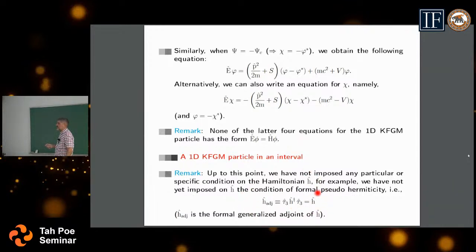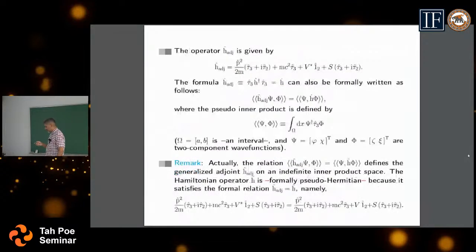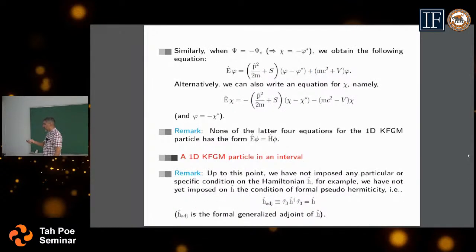It's just matrix relations, and that's it. Tau 3 here is the sigma 3 Pauli matrix. So it's not a problem. You need to impose this because this is a property of the Hamiltonian. I will be using a particle inside a box because you have a lot of possibilities related to boundary conditions. But if you don't want to treat a particle in an interval,